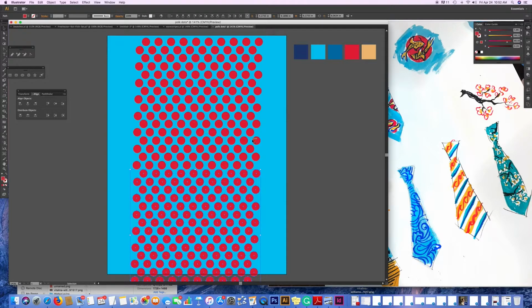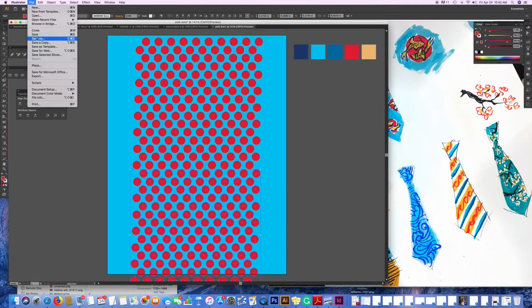Now you notice the sides aren't filled, and I ran off the page. That's fine, because I'm thinking of where I'm going to draw my tie. Always remember, this is a piece of fabric, you're cutting out your tie. It's going to be in here somewhere, so that's plenty of pattern. That's all I need. So I would then save this as